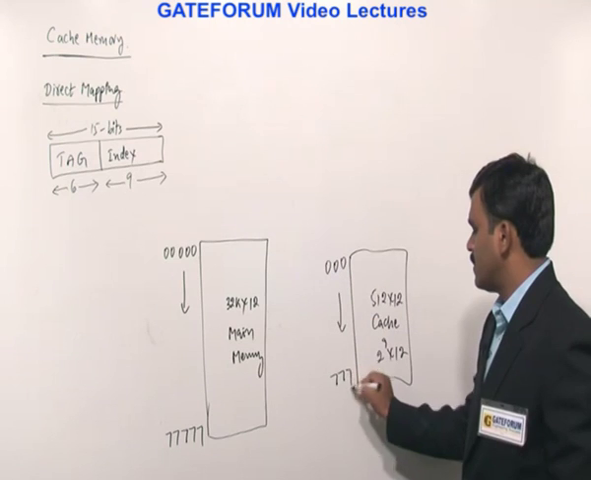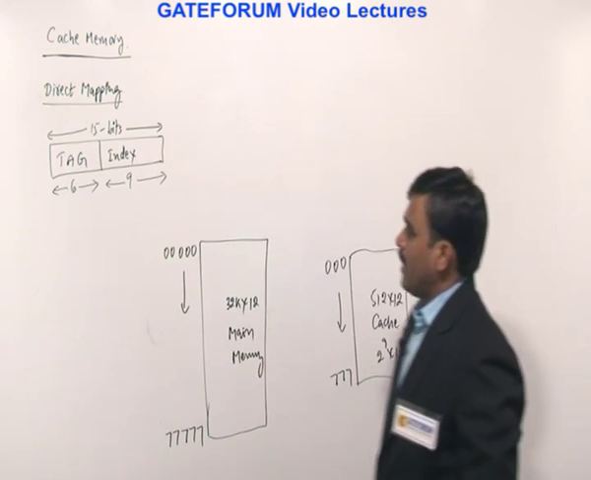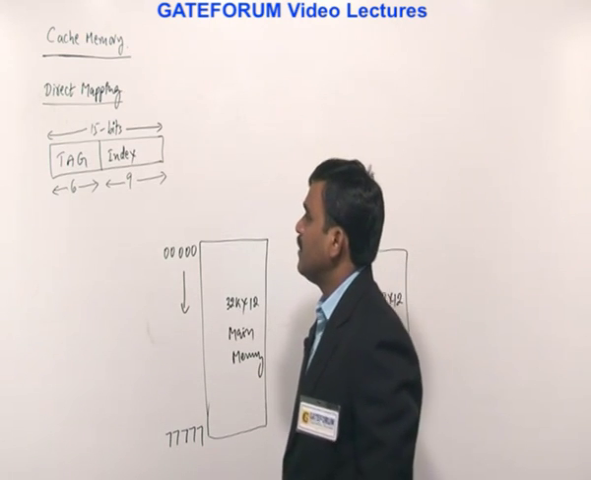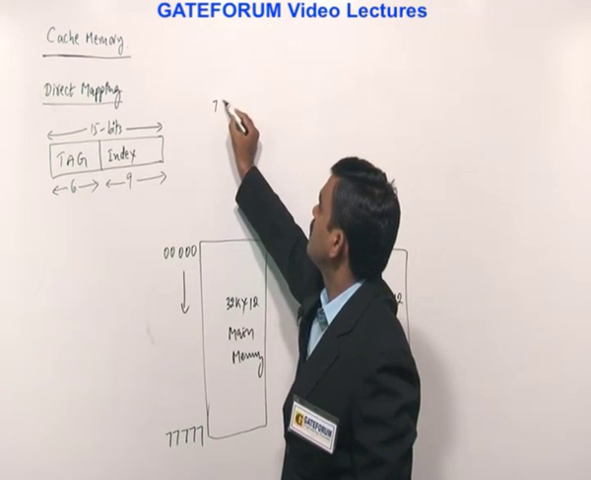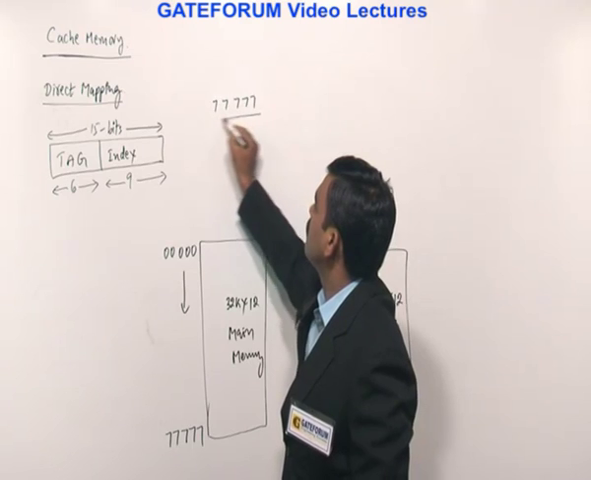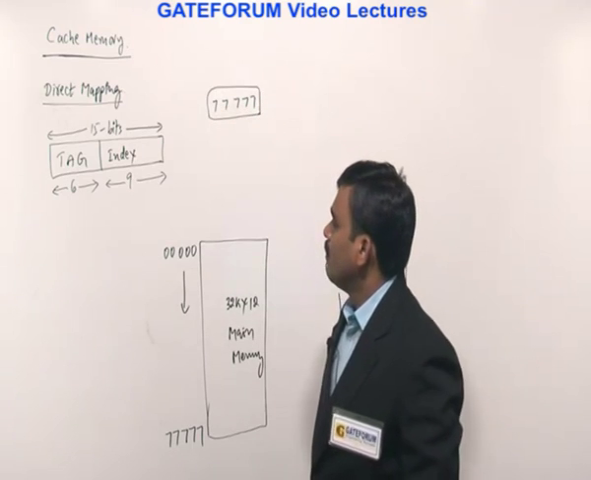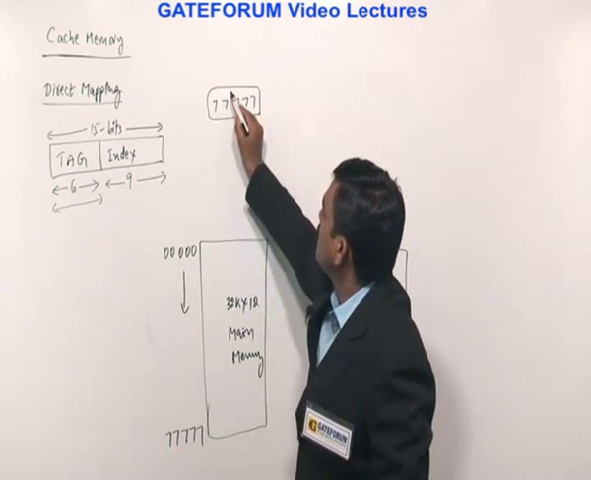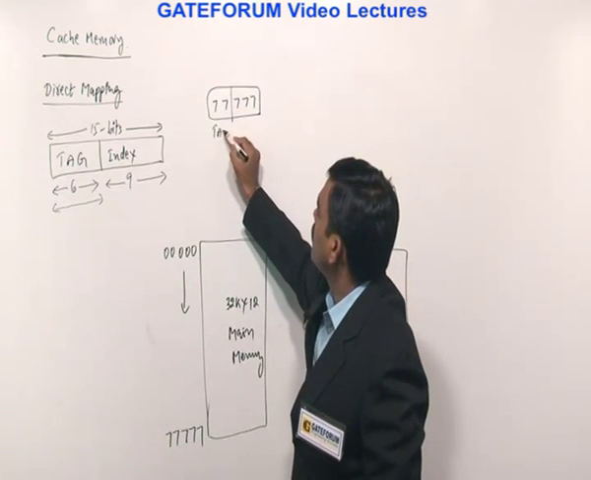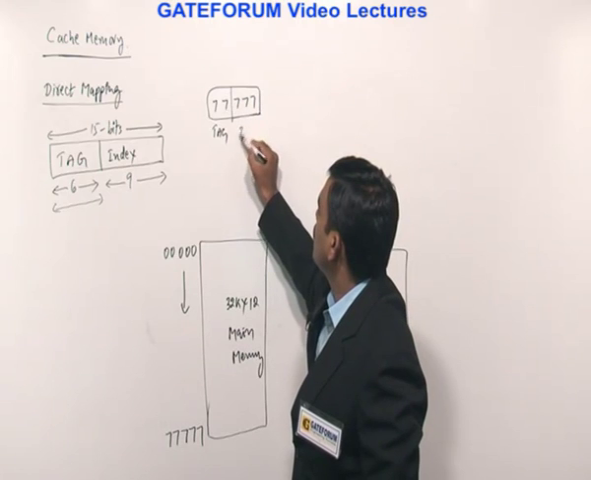The 777 is the last address. As and when any address is generated, it will be divided into two parts. For example, the address is something like 77777. This is an address. For 6 bits, how many octal digits? 2 octal digits. That means this is indicating the tag of that address, and this is indicating the index of that